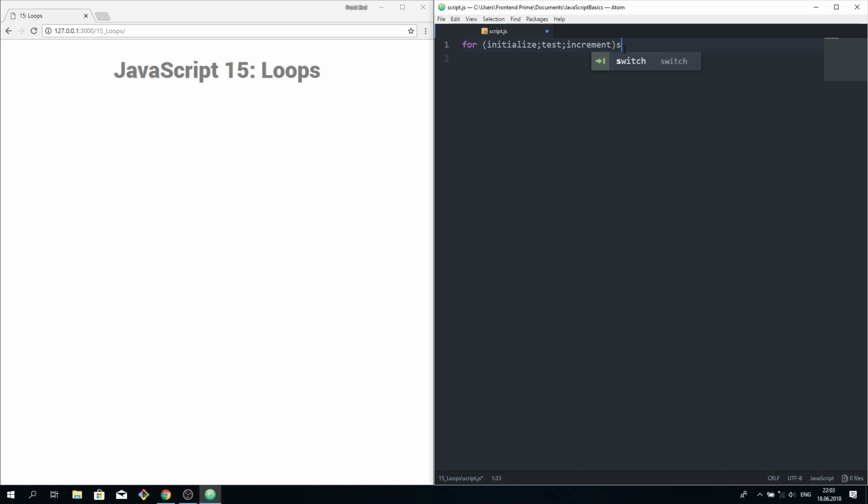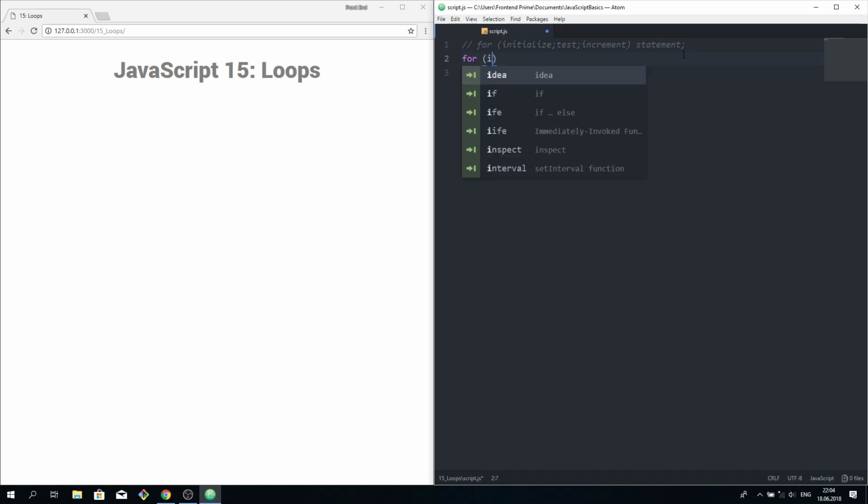We can write it here. So this is an example of the syntax of the for loop. It's very useful because it gives us the opportunity to better control this for loop. So let's look at this example. Okay, let's declare some variable. By the way, we can declare a variable inside of for loops. So I'll show you. Here we can declare i,